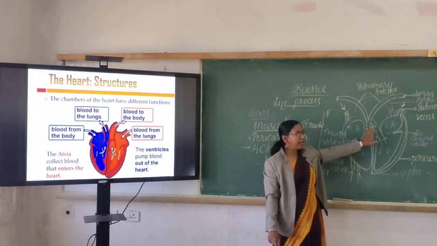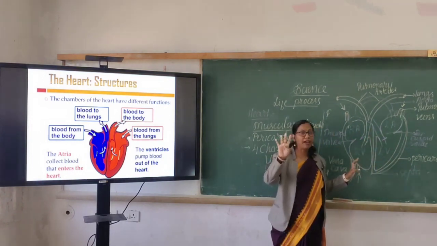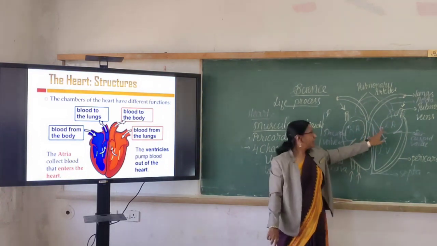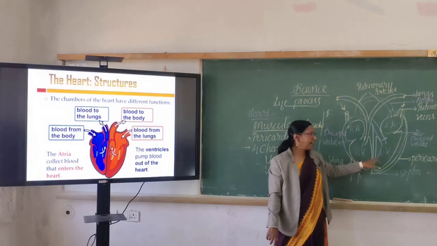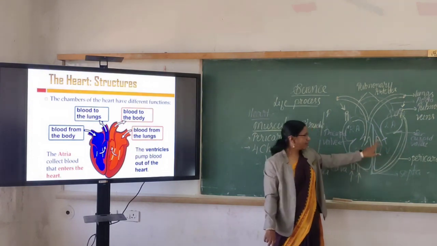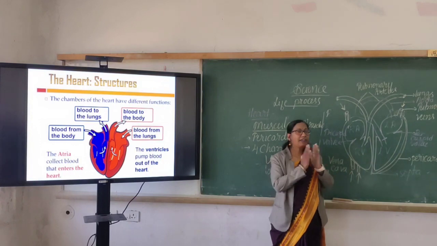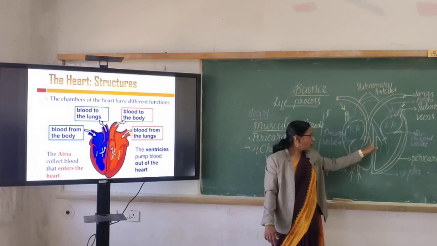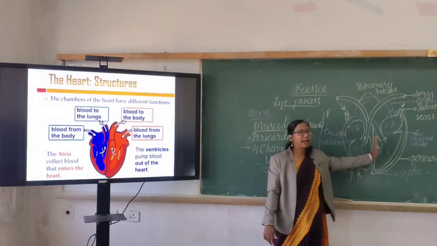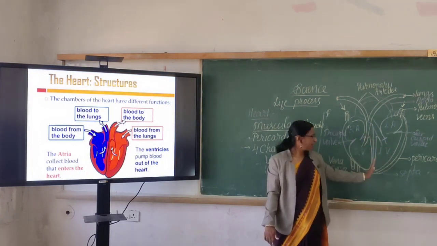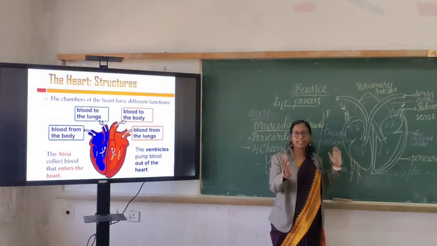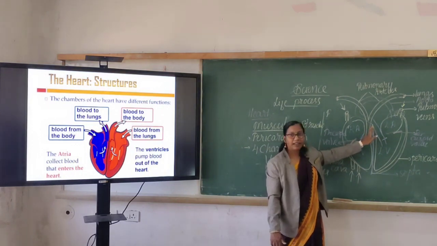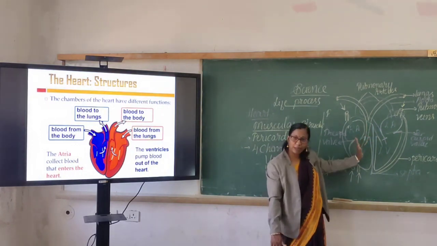And inside the pericardium, human beings have a 4 chambered heart: right atrium, left atrium, right ventricle, left ventricle. So 4 chambers, and we divide them as left chambers and right chambers. So what is the layer which separates left and right chambers? The septum separates the right and left chambers, and this septum keeps the oxygenated blood